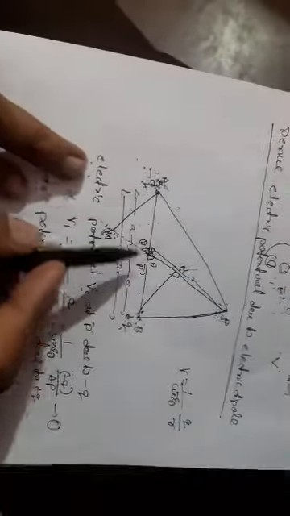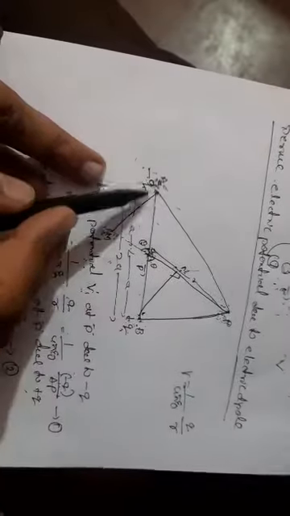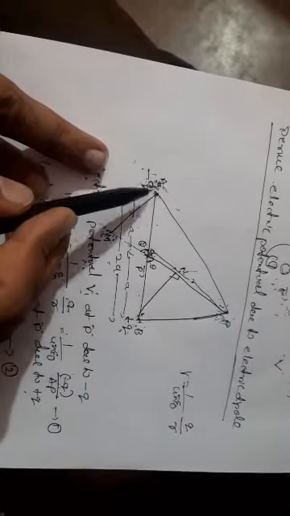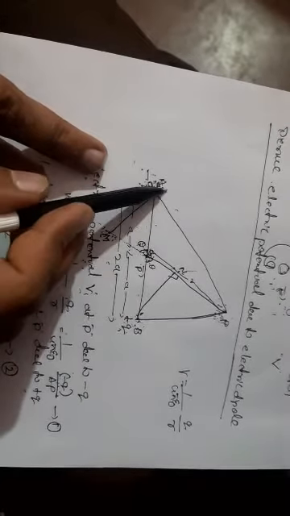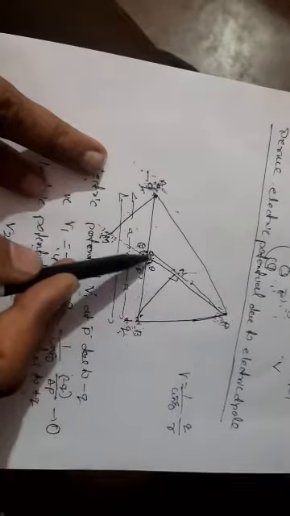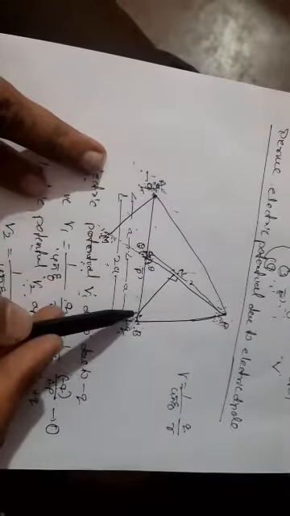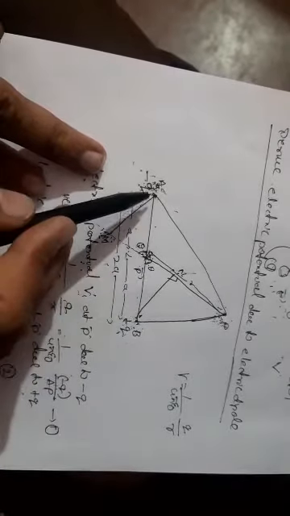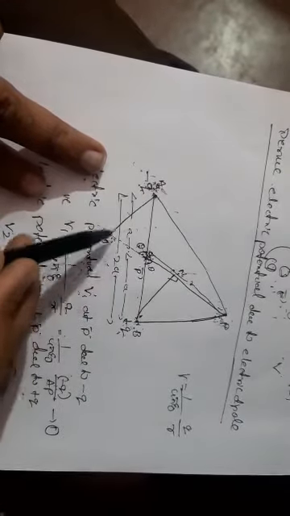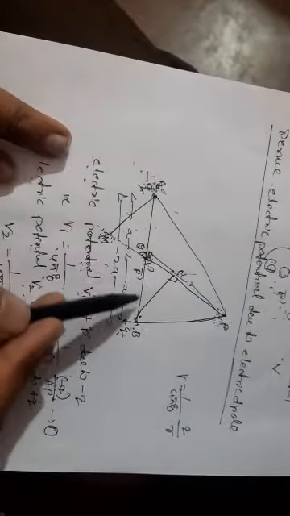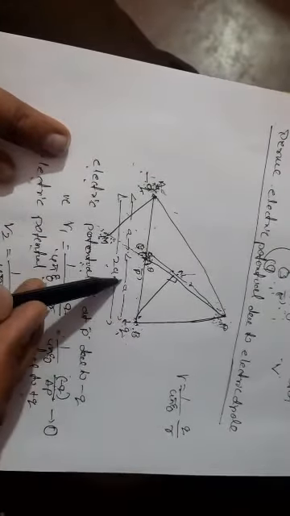First, draw the dipole system. The dipole system consists of positive and negative charges. The negative charge is acting at a point A. The positive charge is acting at a point B. O is the midpoint of the dipole system. Vector P is represented by the dipole system. The distance between negative and positive charges is 2a. The distance between O and the negative charge is a. The distance between B and O is a.